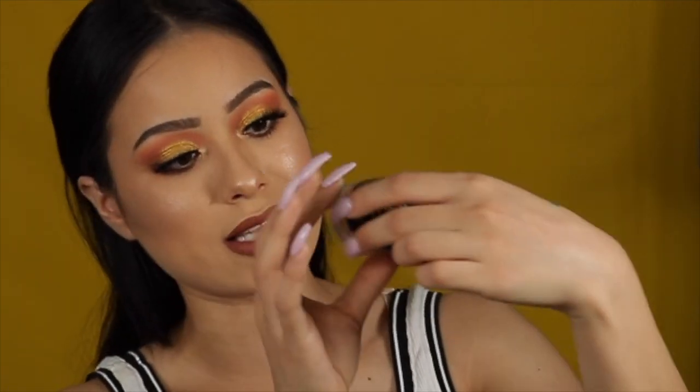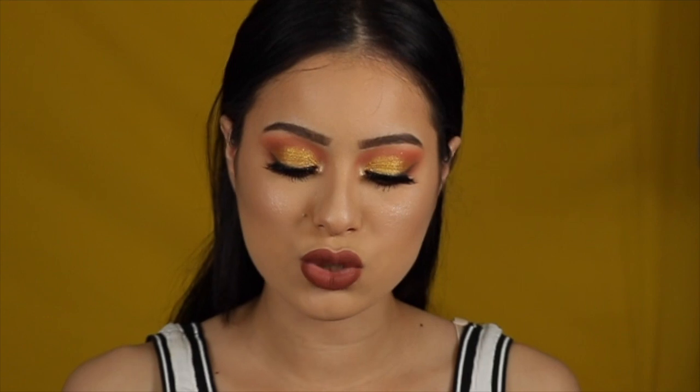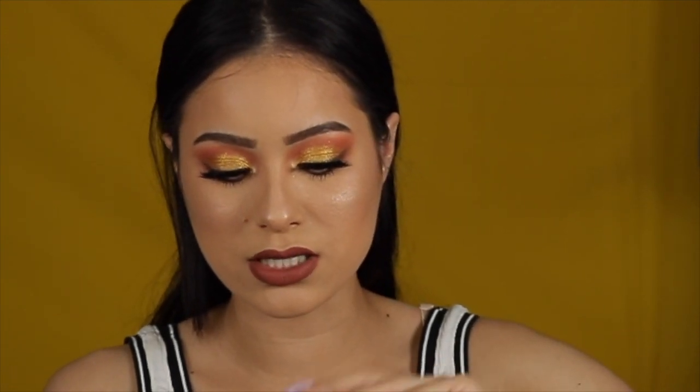Also, they just came out with a little glitter ones. What is this called exactly? These are the loose foil pigments. This one, I have it in my Instagram tutorial. If you guys haven't seen that, go check it out. This one is in the shade Diamond Dazzler, and let me just swatch this for you guys real quickly so you can see how